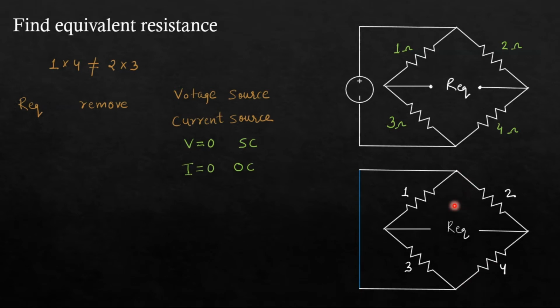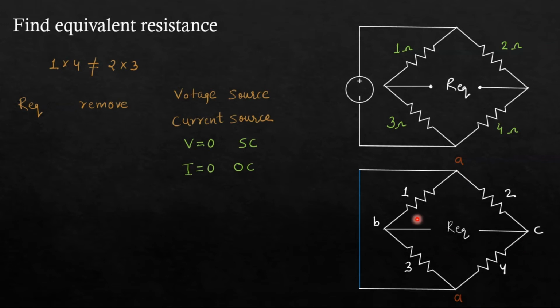Now you can see these two terminals are connected directly by a wire. There is no resistance in between them. That means this node and these nodes are the same. So let me name all the nodes. Let's say this and this nodes are A, this node is B and this node is C. Why are both A? Because they are connected directly by a wire. There is no resistance in between them. Both will be counted as one node. So we have three nodes A, B and C.